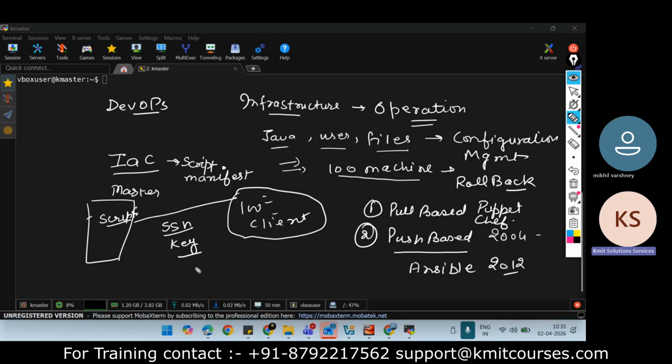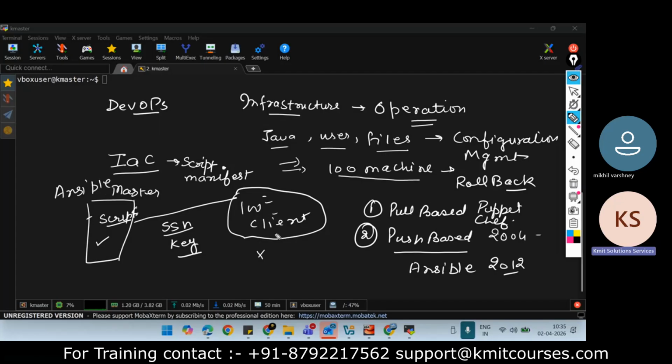We will see how to generate the SSH key and how we can share it with the client. So these are connected with the SSH key. No need to install Ansible on the client machine. Ansible is only installed on the master server.